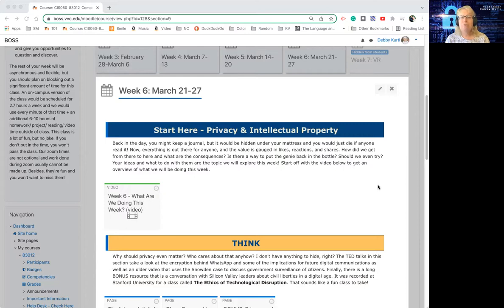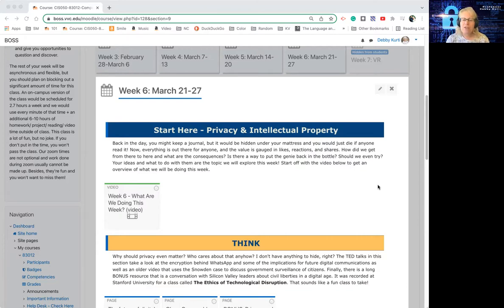And also this issue of privacy. So I put this little example up here because I remember when I was a kid back in the olden days, you'd have a diary and it would have a little lock on it. And you'd stick it under your mattress or in your closet or in a bottom drawer, someplace. Because if somebody saw what was in there, oh my gosh, that would be just the end, right? You'd just die. And now everybody puts everything out there. It's online for everybody to see. The value is counted in the likes and the reactions and how many shares it gets. It's a very different thing.